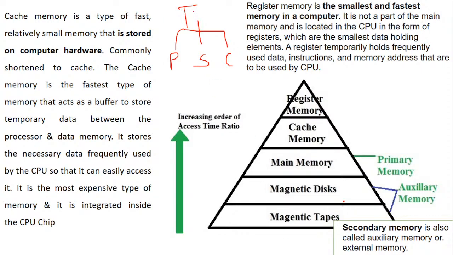I have just given an example over here as magnetic disks, which is external, and magnetic tapes. Now, when I talk about primary memory, the memory which is also called main memory, keep these words in mind. When we talk about memory, sometimes your mind suddenly doesn't work regarding the different names, so you have to remember them very well.